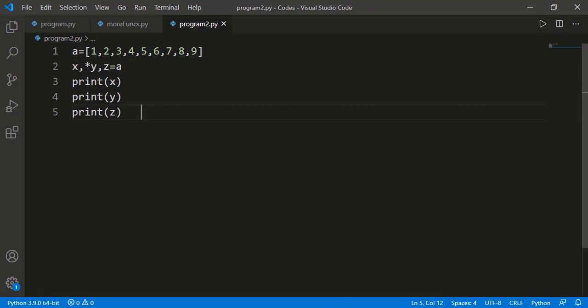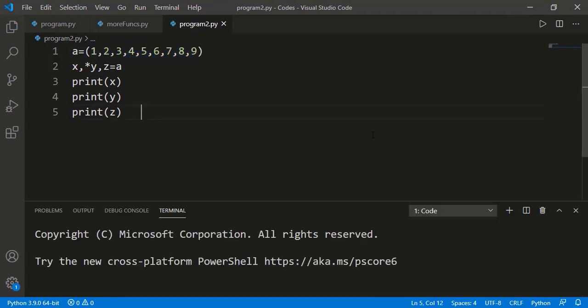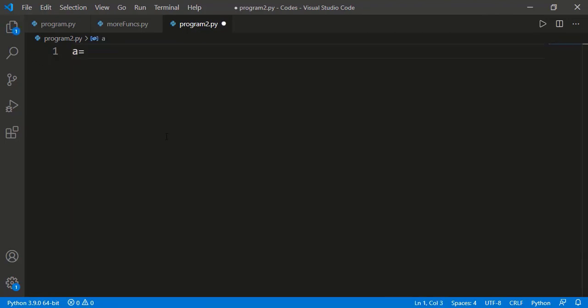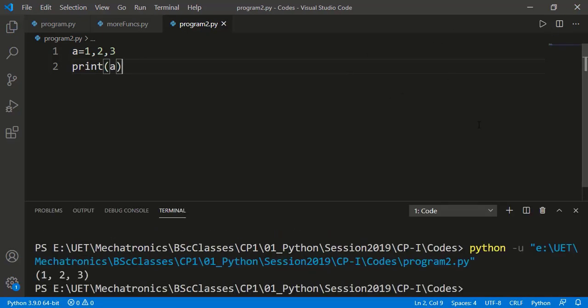This is also true if we have a tuple instead of a list. Now I am defining a tuple here. We can place parentheses around the values to indicate a tuple, or even if we don't place those, still it is a tuple. You can see it is printed as a tuple.